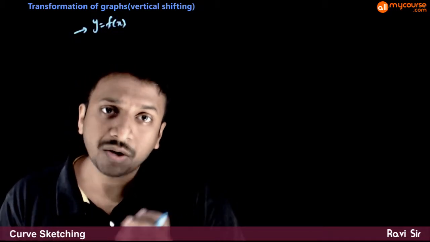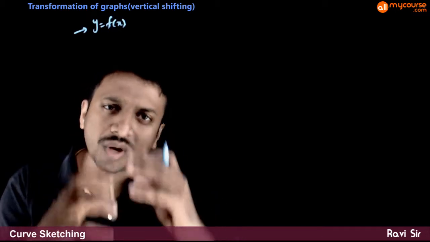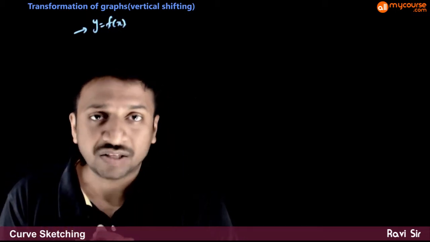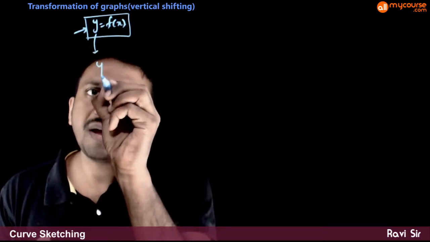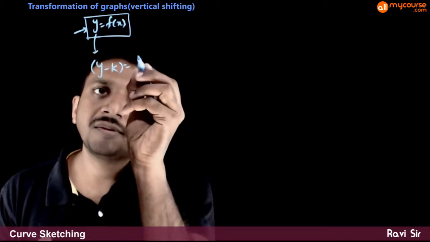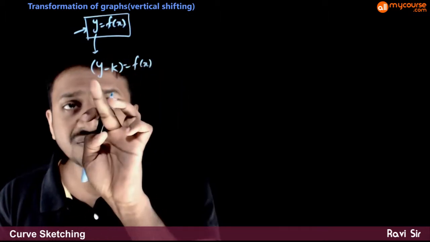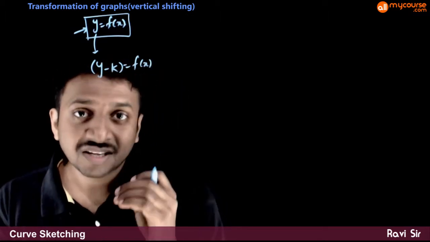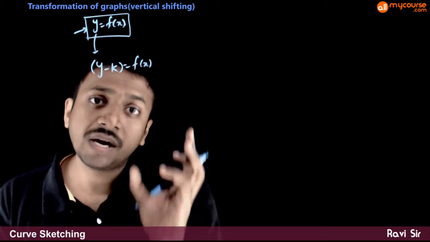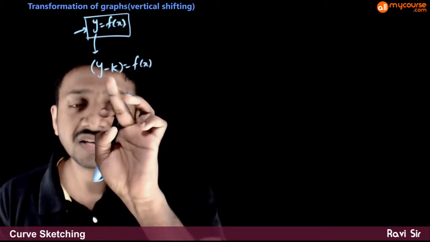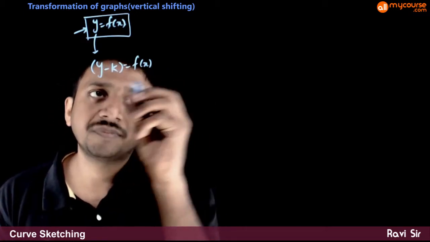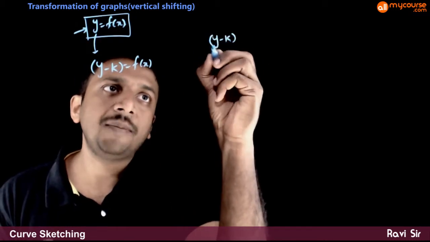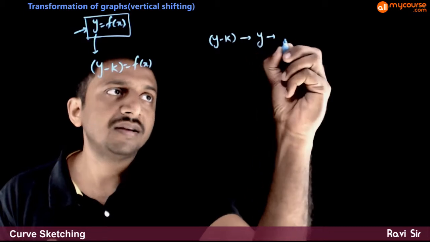Next, similar to horizontal shifting of graphs, you can also do vertical shifting by a very simple transformation. So if you have a curve y is equal to f of x, and you replace y by y minus k, this transformation shifts the graph vertically upwards by k units. So replacing y with y minus k shifts